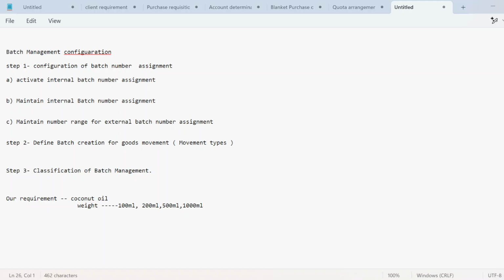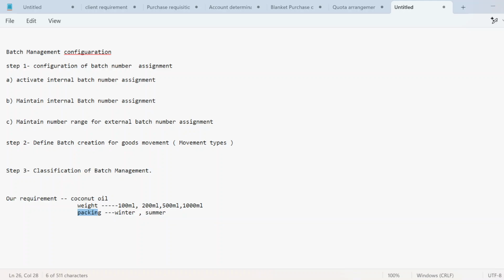So as per weight it can vary, and as per packing also it can vary. What does this mean? For winter there is a different packing, and for summer there is a different packing. So summer packing or winter packing, we can say. So we have to create one characteristic for weight, and one characteristic for packing. These two characteristics we are going to create first.